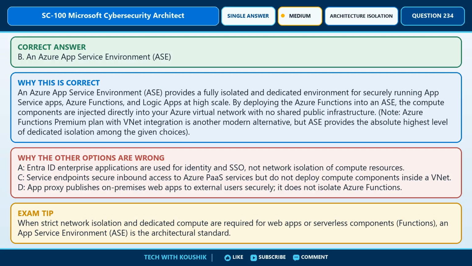The correct answer is option B, an Azure App Service Environment, ASE. Here's why. An Azure App Service Environment, ASE, provides a fully isolated and dedicated environment for securely running app service apps, Azure functions, and logic apps at high scale. By deploying the Azure functions into an ASE, the compute components are injected directly into your Azure virtual network with